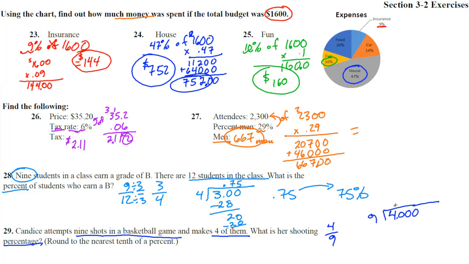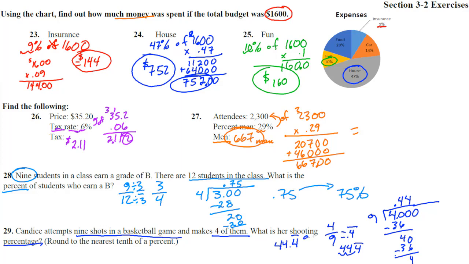9 goes into 4. Nope. 9 goes into 40. Yep, 4 times 9 is 36. Subtract, and we get a 4, 0. 9 goes into 40. 4. Hey, we just did that one. 4 times 9 is 36. We're going to get that going forever. That's a 4. There we go. And it'll keep going. So this equals 0.4 repeater. Well, if we're going to move it to a percentage, we should at least do 44.444 going on forever. So when we move it 2 decimal places, it is going to be